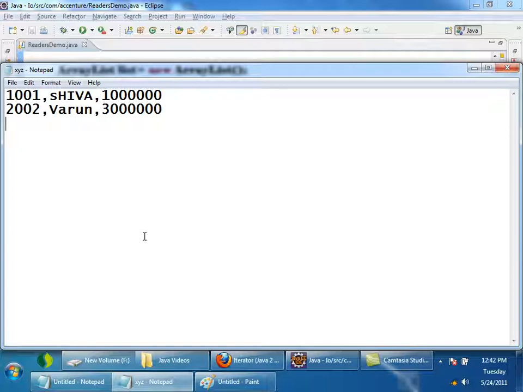Now what I want you to do is create a class called employee with employee ID, name and salary. Then write a program which will read this file. For each line, I want you to create an employee object, right? Whatever is required for an employee object, are they there or not? Employee ID, name and salary. Using this employee ID, name and salary, for each line create an employee object. Add that employee object to the list. Then finally print only the employee names by iterating over the list. This is the task.